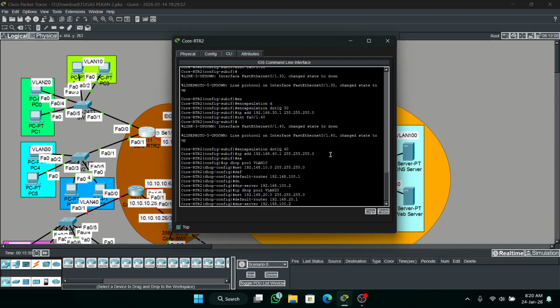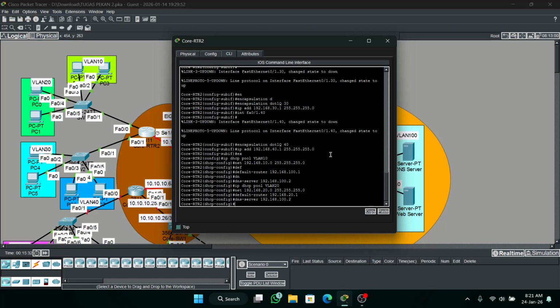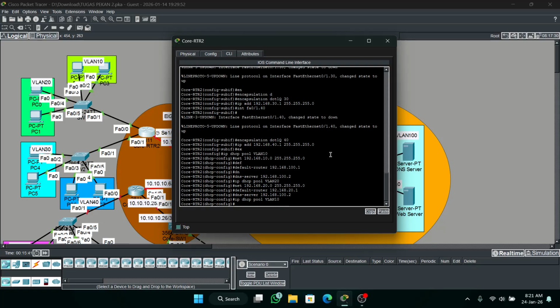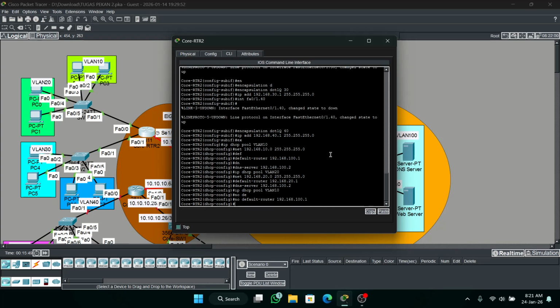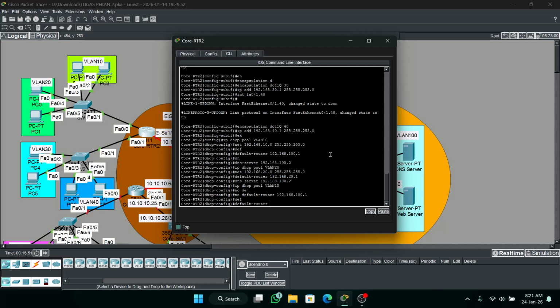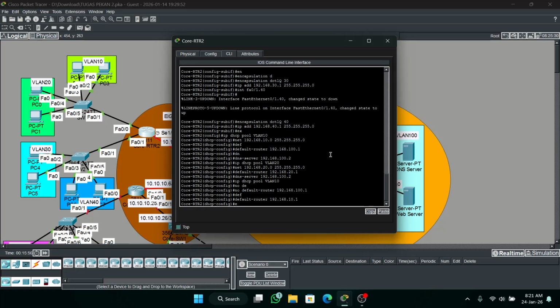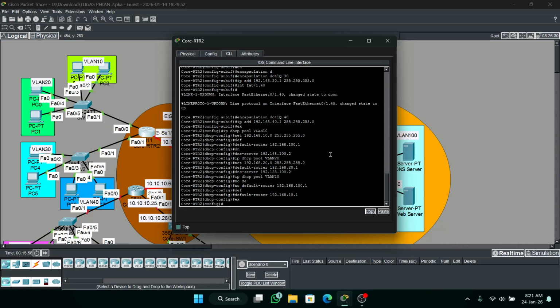Wait. ip dhcp pool 10, yes. Then no default router. Then make a new default router. Okay, like this. Exit. Make again for VLAN 30 and 40.